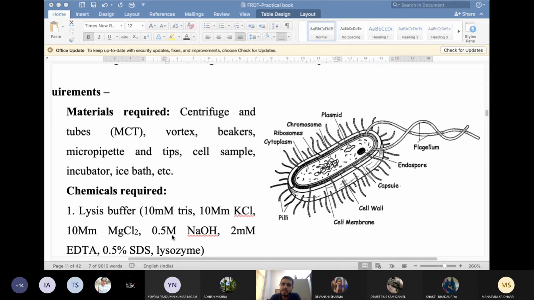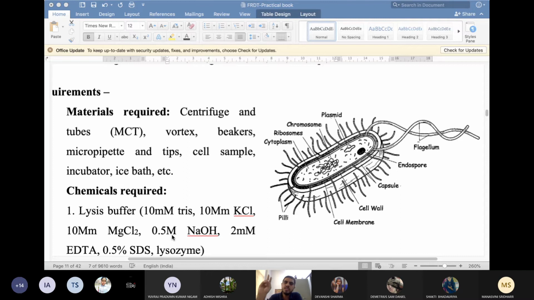You are going to pour your cells, maybe bacterial cells, plant cells or fungal cells, and pour liquid nitrogen over them. As you pour the liquid nitrogen, they will become frozen immediately, and you crush them with the mortar. When you crush it, it will become a fine powder. Whatever ice, water particles are present within the cell become solidified and help in the crushing, and with that crushing your cell wall will be broken up.